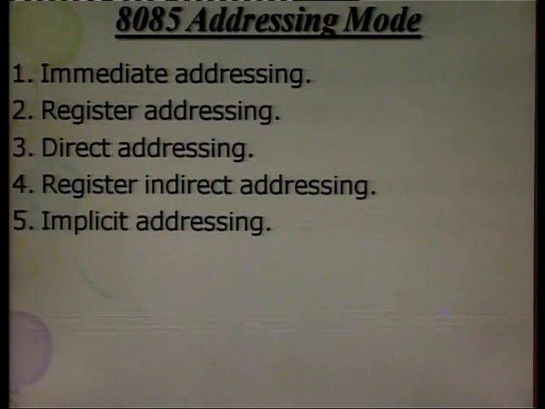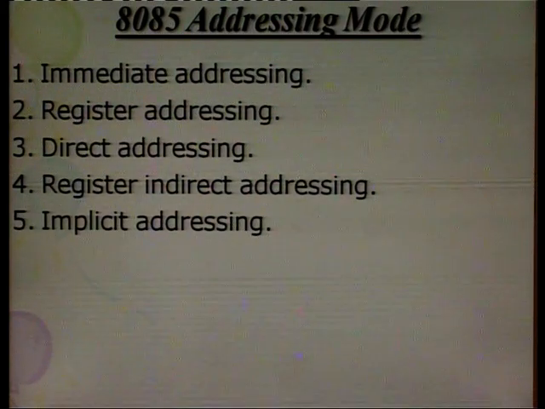As all of you know, there are 6 general purpose registers, namely register B, C, D, E, H and L, and an accumulator which can also be considered as part of the arithmetic and logical unit. All of these internal registers or general purpose registers are accessible to the programmer with the help of instructions. That means a programmer can access these registers and store data and modify the contents of these registers with the help of